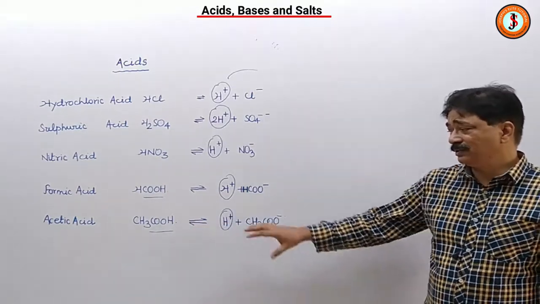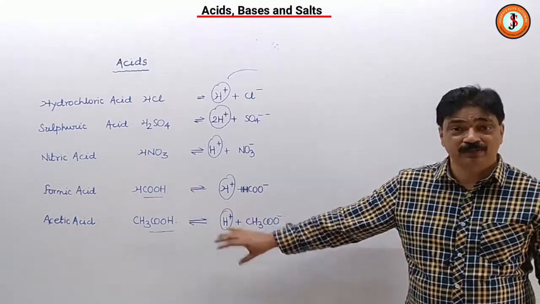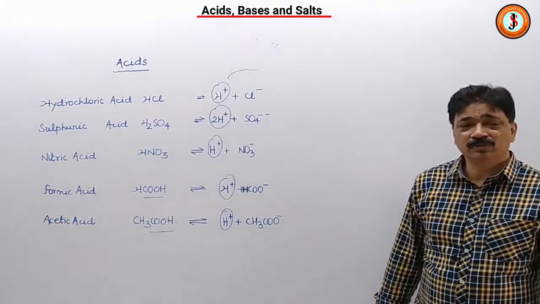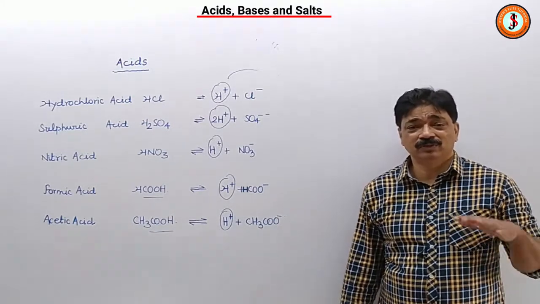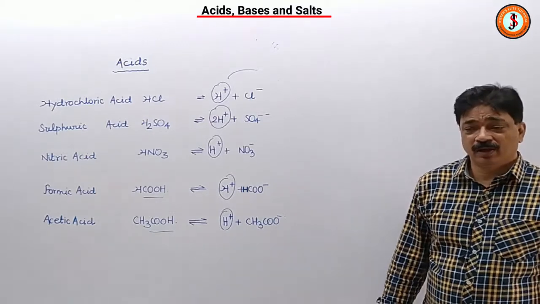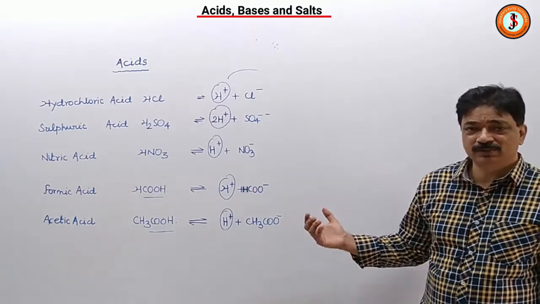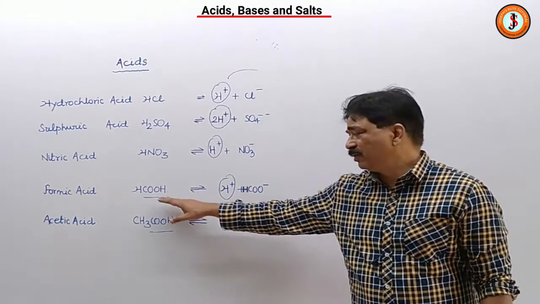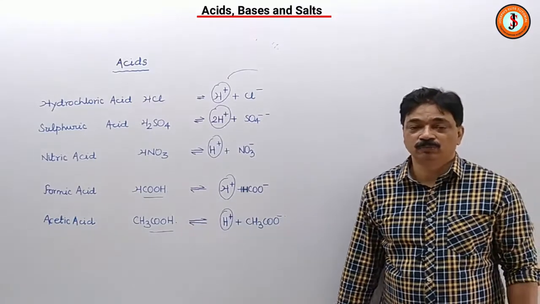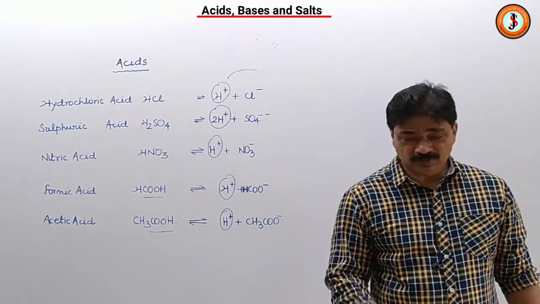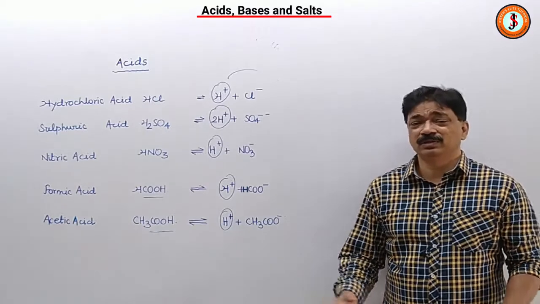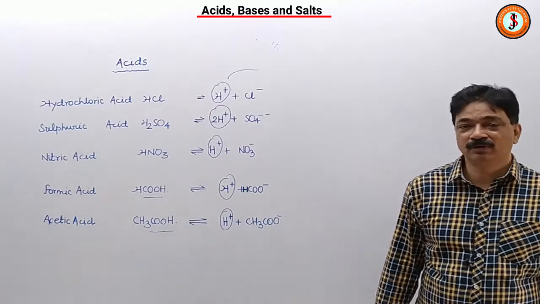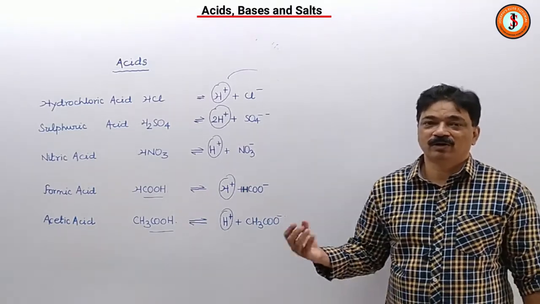Whereas formic acid and acetic acid are organic acids. Whenever there is COOH, that means they are organic acids. In case of organic acids, the degree of dissociation is very low, so they are called weak acids. And these organic acids like citric acid, oxalic acid, malic acid, lactic acid, all of them have one thing in common. Their formula will have the carboxylic group, COOH. As soon as you see COOH in the formula, that means they are organic acids, they are weak acids. They are present in nature, in natural organic substances, like organisms.